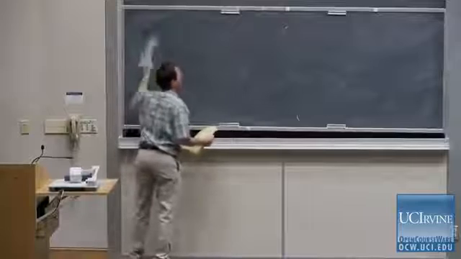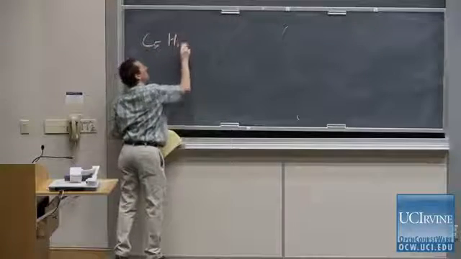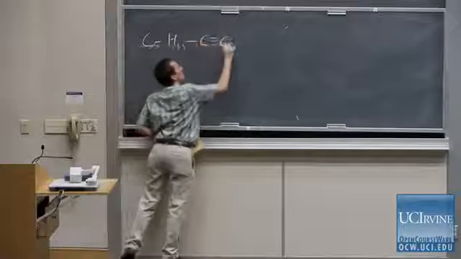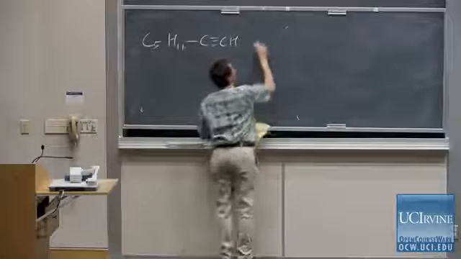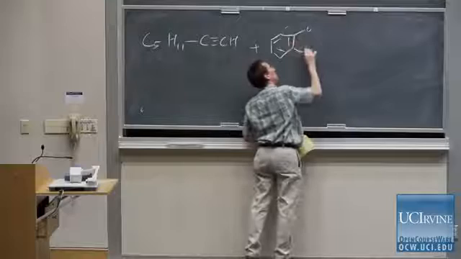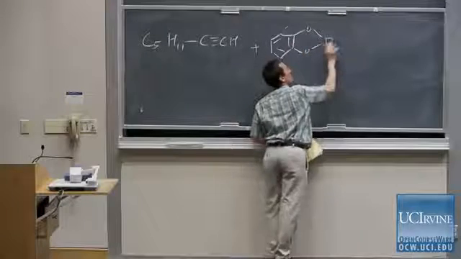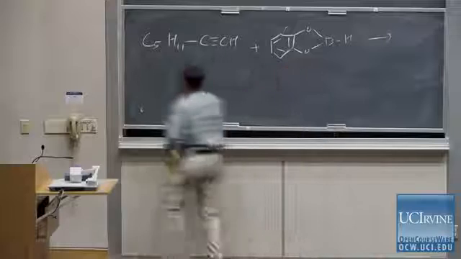So in a forward sense, sort of solving our synthetic problem, I'll start with heptyne, hydroborate it with catechol-borane. You just mix them together, heat them typically if you really want to make the reaction go quicker. That gives us